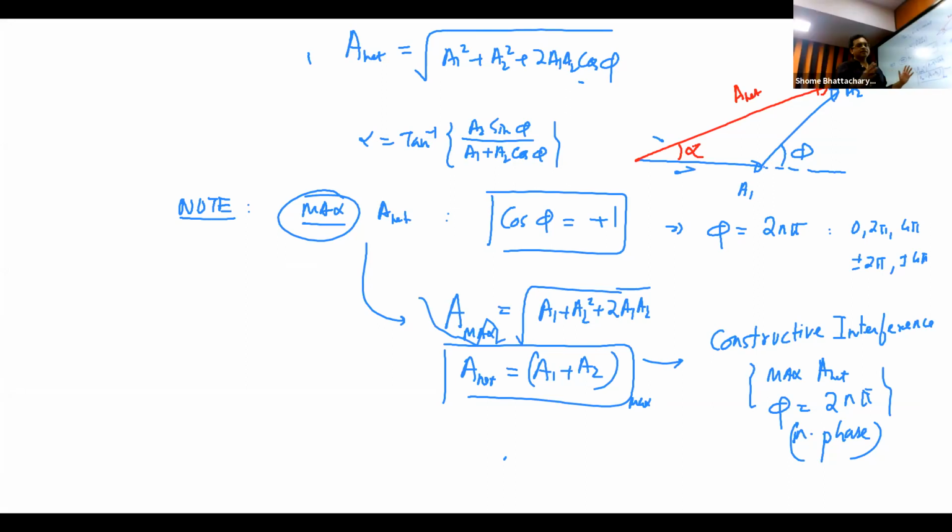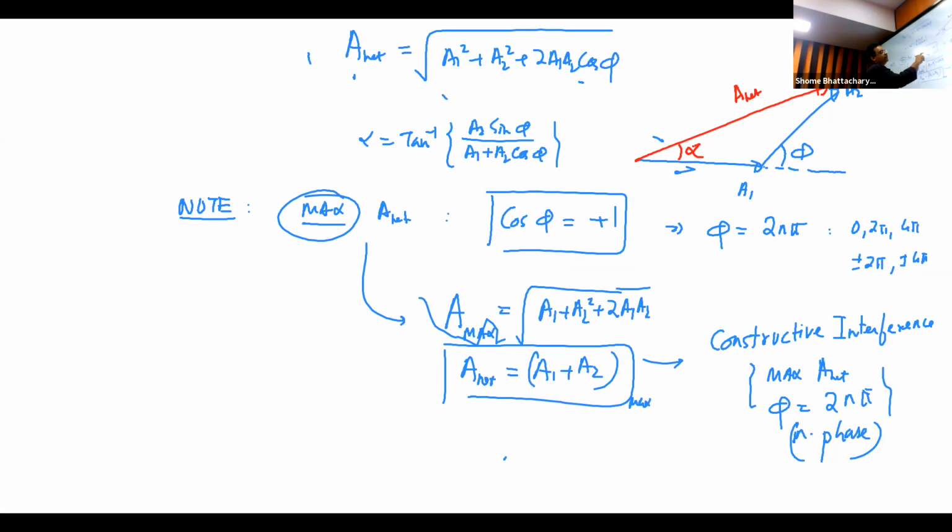Okay, so in that entire range of possible values of phi, what is the condition for this left hand side, that is the net amplitude, to become maximum? Now you look at this formula, A1 and A2 are fixed quantities. The waves have a fixed amplitude, but if I can adjust the value of the phase constant, taking any value between minus and plus infinity, what value should I take so that the net amplitude is maximum? So logically you understand कि ये term square root के अंदर cos phi जब maximum हो जाएगा, then the quantity which I have square rooted will also become maximum. Yes, sir. So basically to make net amplitude the maximum, I have to make cos phi maximum.